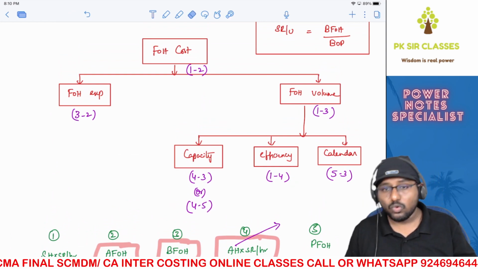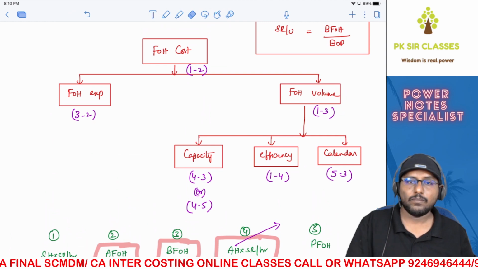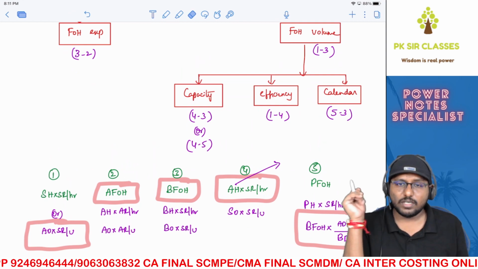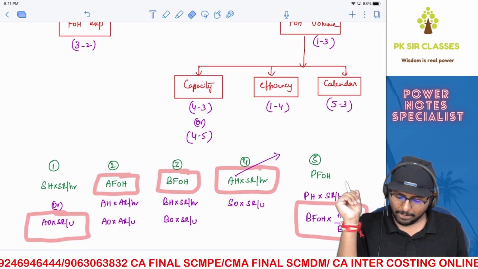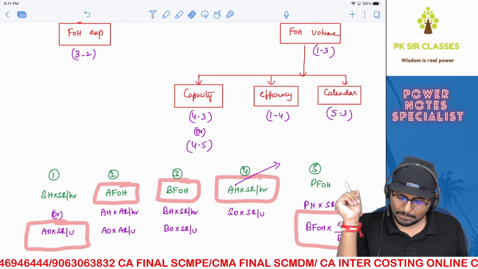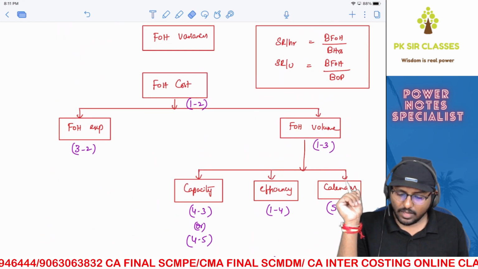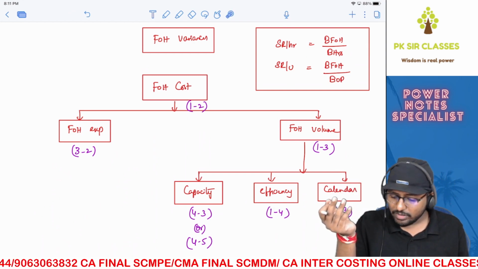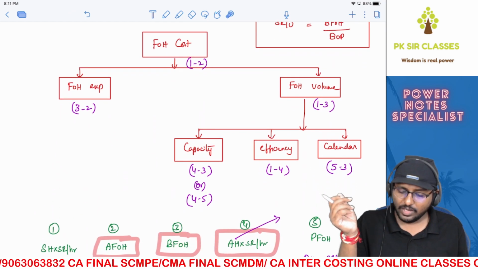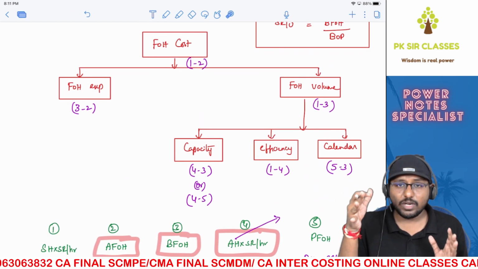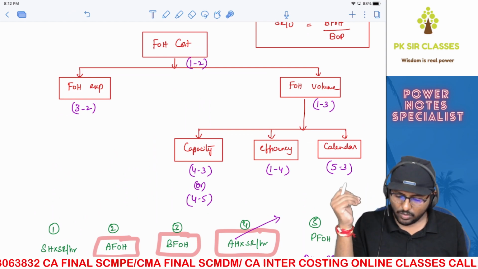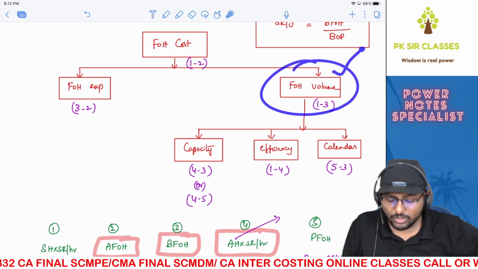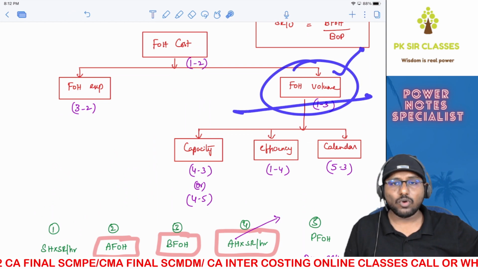Now let's start with the most important discussion. What is that, sir? Okay, now let's come to the most important discussion. What is that, sir? I think you guys should have got a very important doubt. In your inter itself, you should have asked your faculty. I don't know whether you guys have asked or not, but the moment you see this so-called fixed overhead variance calculation, immediately you should have got a doubt. What is that doubt, sir? You can see that there is something called fixed overhead volume variance over here. The moment you see that, you should have got a doubt.